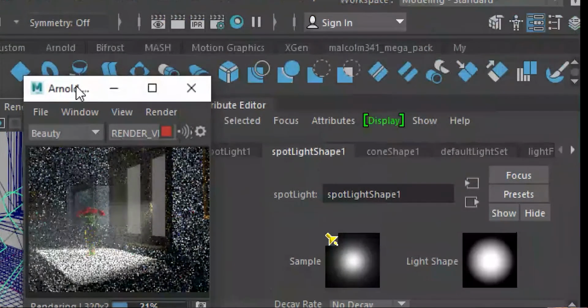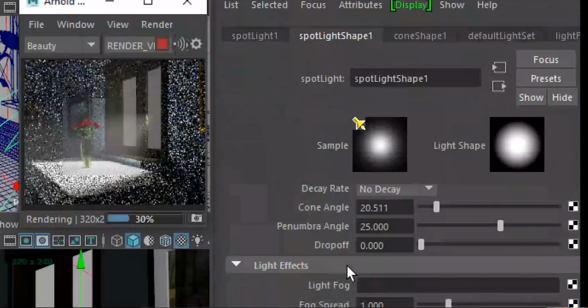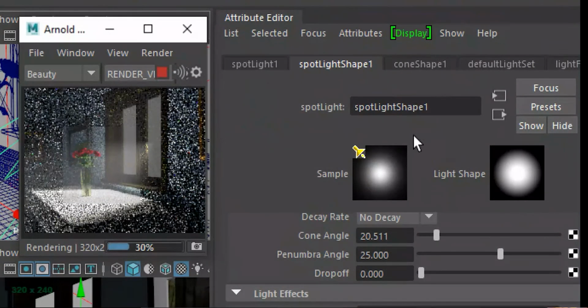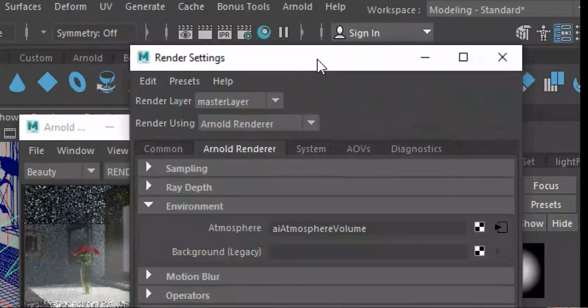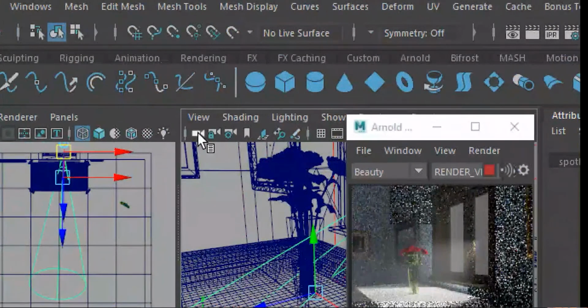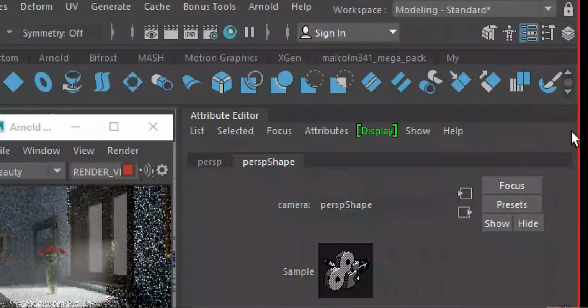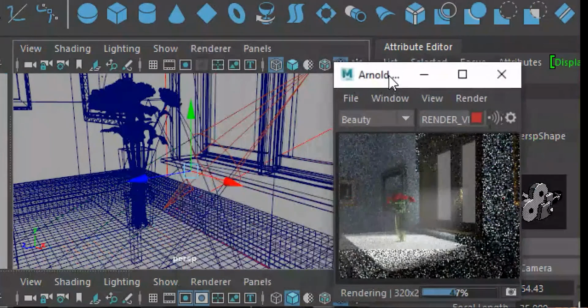So when you work with lights, there are 3 to 4 things you have to work with. Number 1, the properties in the light you should know. Number 2, the properties in the render window you should know. Number 3, the properties in the camera you should know. Then number 4 is the materials that we used here. What are the materials that we